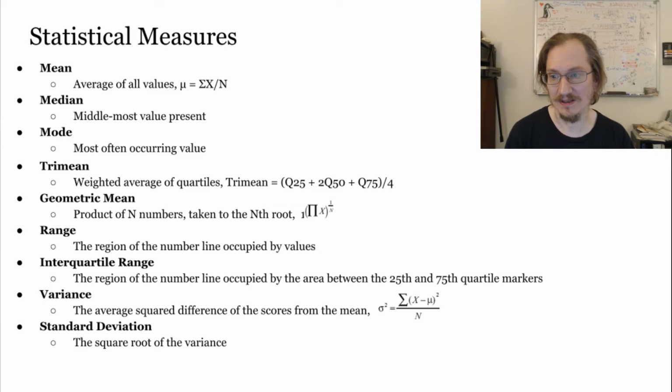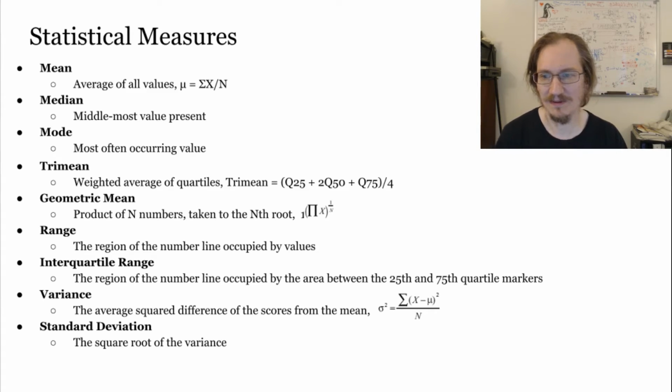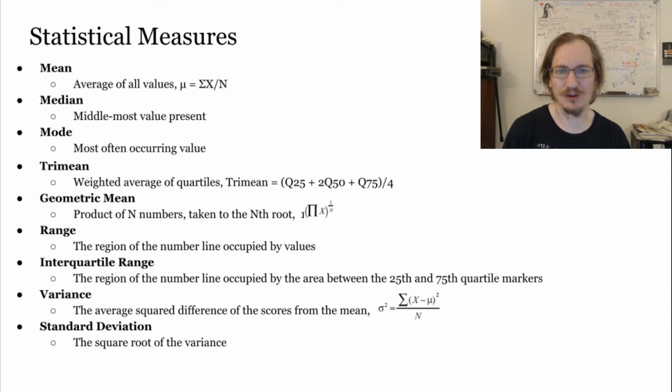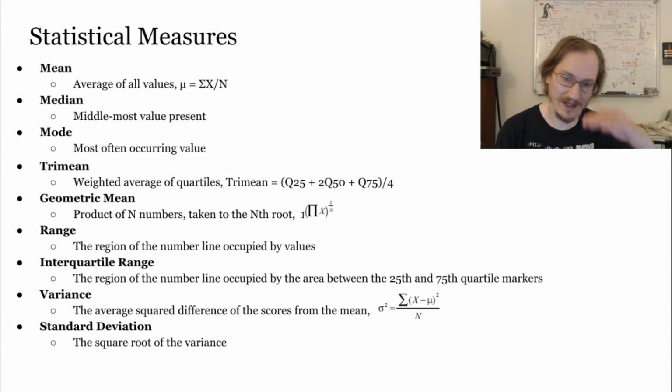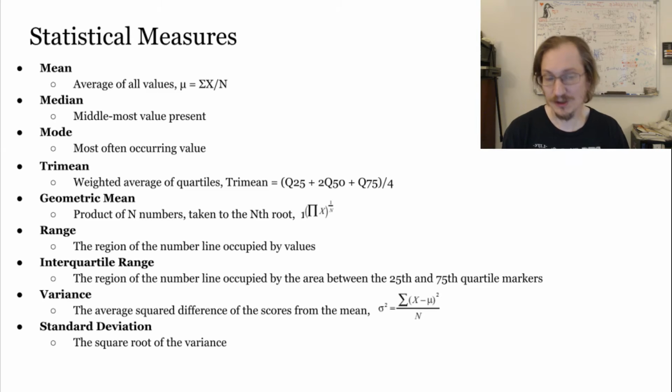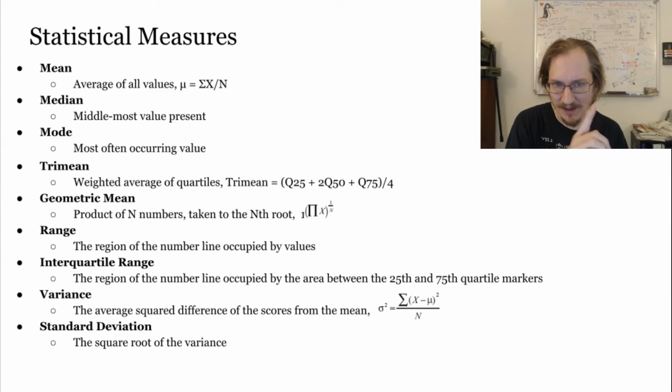Now, another thing you need to know is the variance. The variance is very important. It shows you how different the scores are on average from the mean. You do this calculation in the following way. You will see this sigma, which looks like an O with a line coming out the side of the top, squared, and that equals the sum of each value subtracting the mean from it, squaring that difference, and dividing the whole thing by the number of values that you have. Now the variance, that's sigma, the circle with the line across the top. It's a Greek letter once again, and you can see that the mu is in the